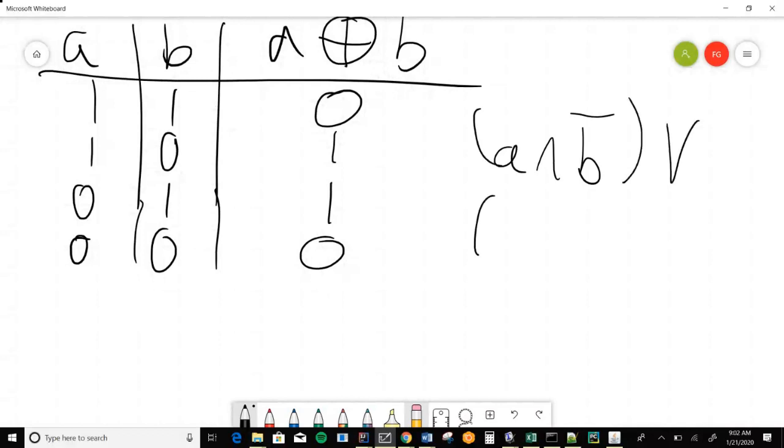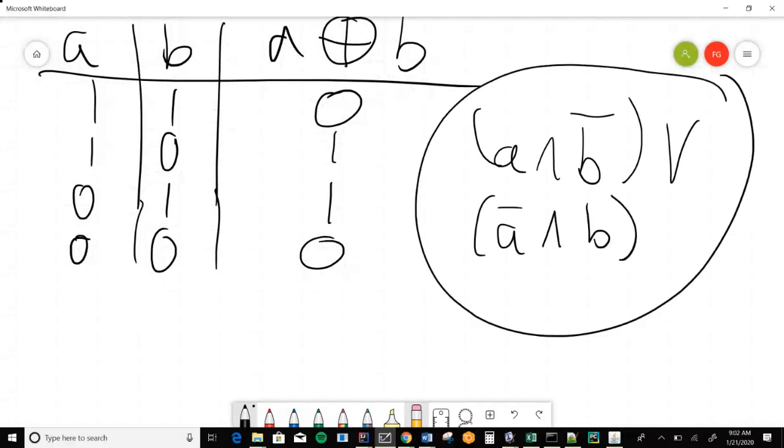Or if A is not true and B is true. So here I've got an expression for exclusive OR expressed entirely in terms of AND, OR, and NOT. So now my task is to take this logical expression and create a digital circuit in this hardware description language. So that's what we're going to do.